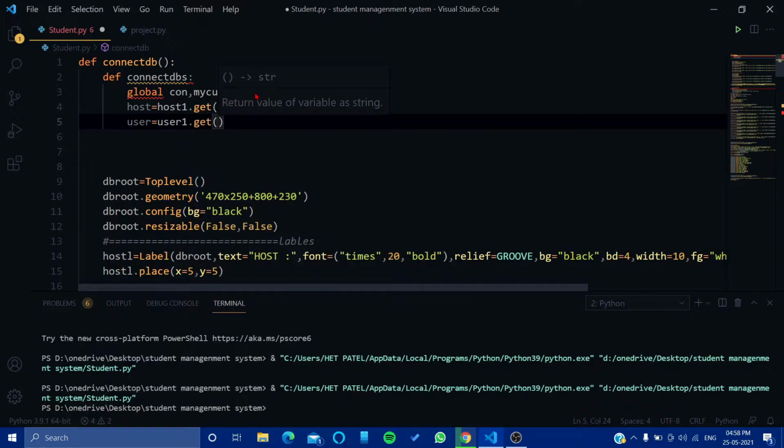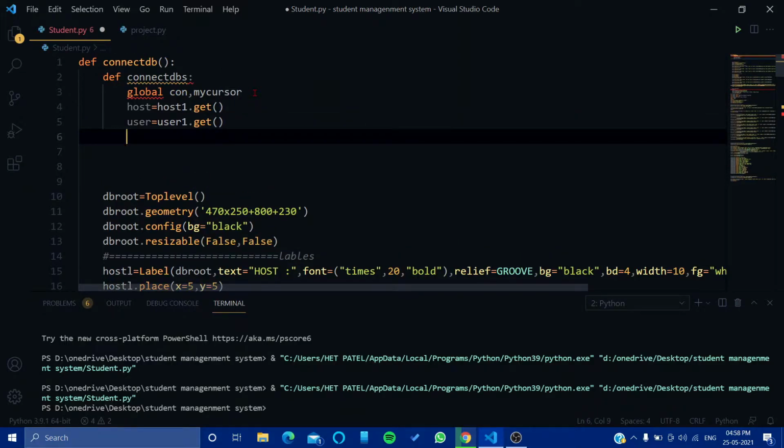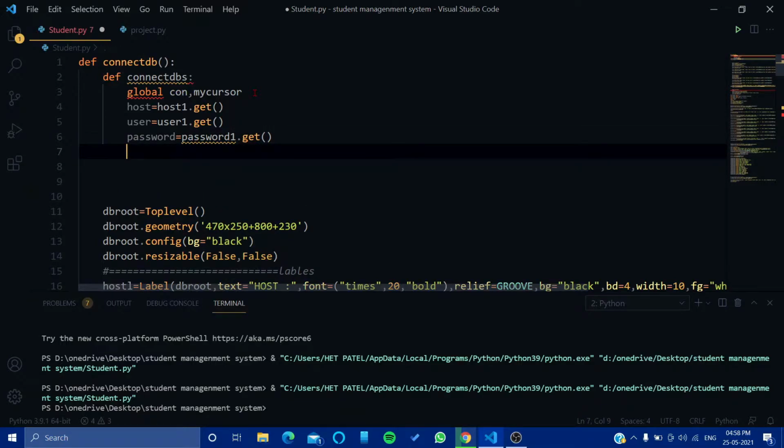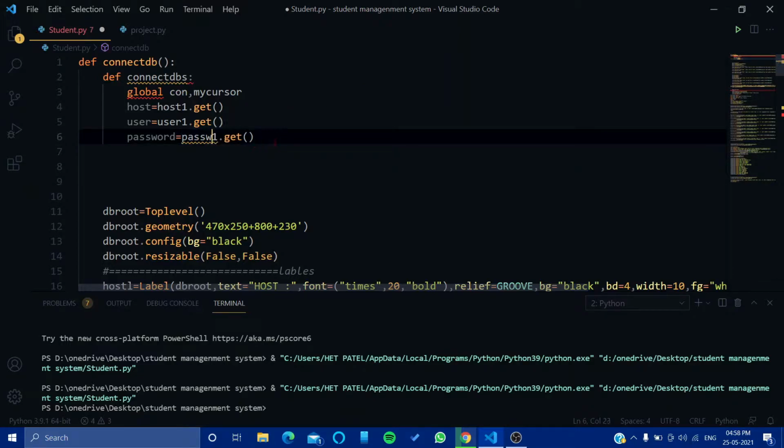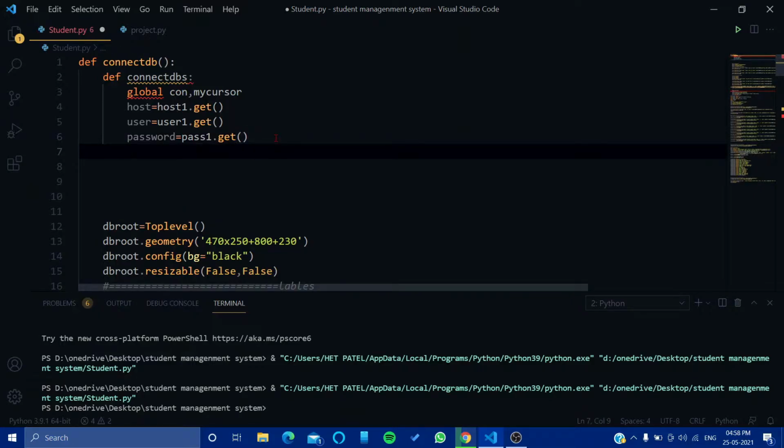And then we will say password is equal to pass1 dot get. Just we have to say pass1, not password1. So we have got all the three things.